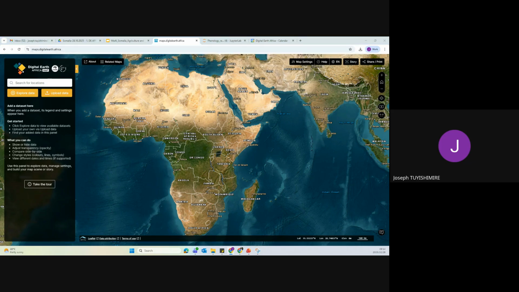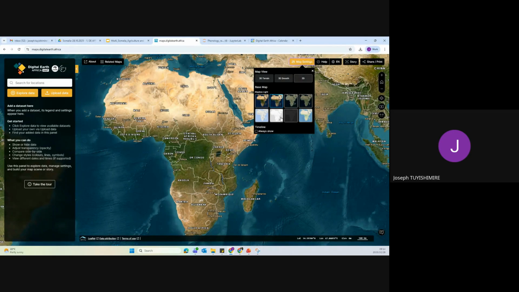You have access already to this interactive interface, and you can change settings. You can change the background using the map you choose. I prefer this one with a high resolution image in the background, but also the boundaries of the countries.